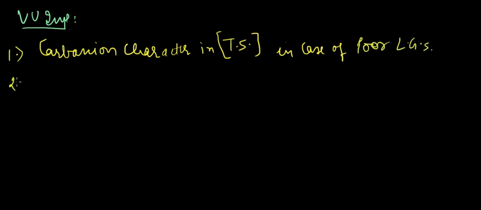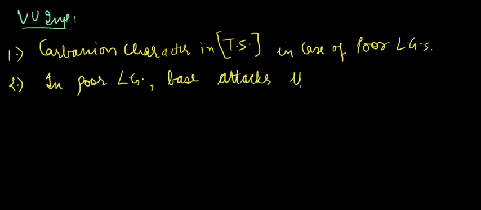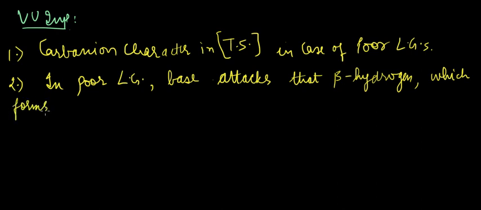Okay, and second is, in poor leaving groups, the base attacks that beta hydrogen which forms the stable carbanion. Okay,